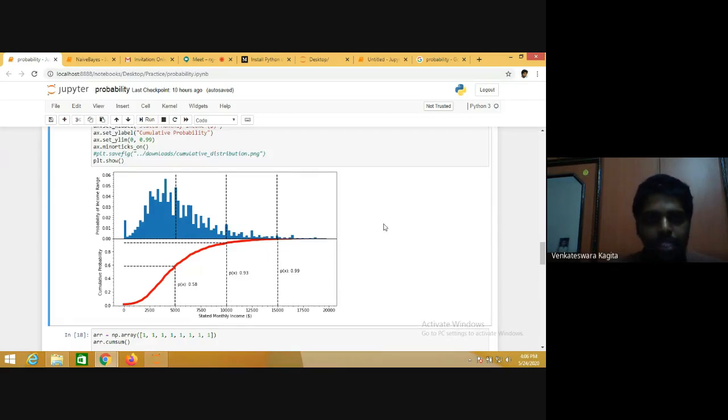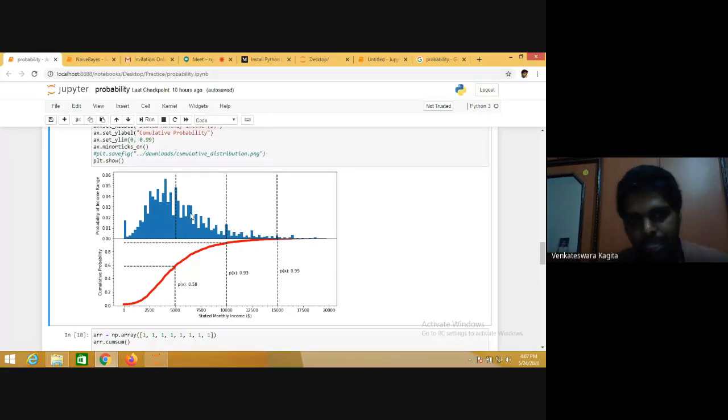So now we look at how to draw this cumulative probability distribution from the data that you have in hand. Before that, as I have told you, if you want to draw two subplots in the same figure, you can do it. This is an example of that.